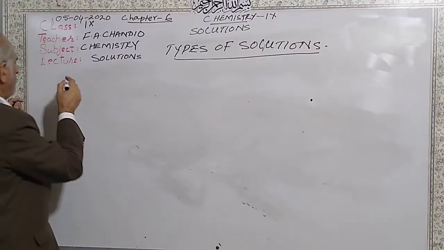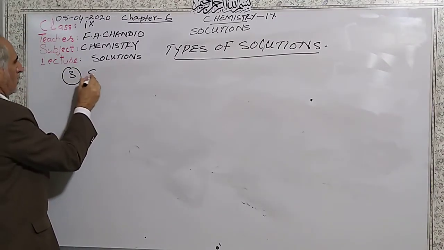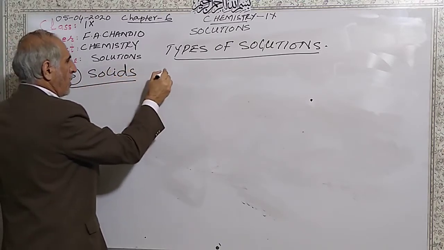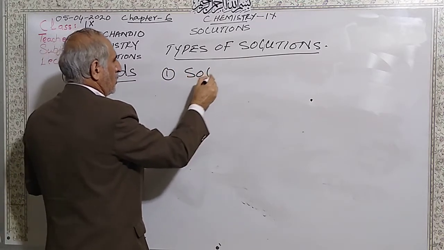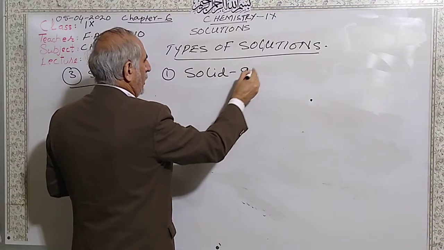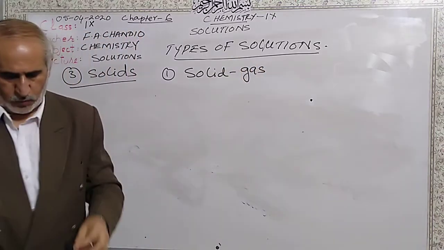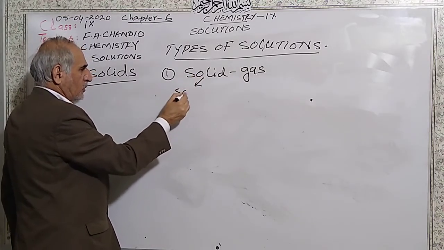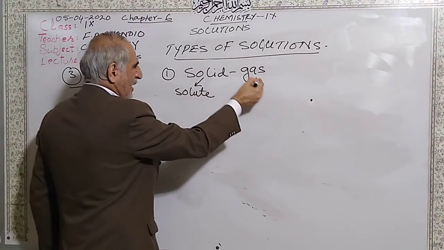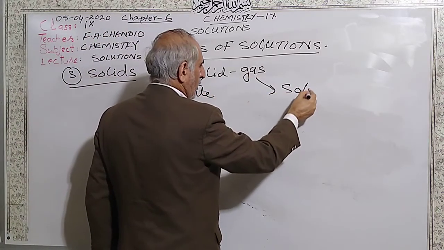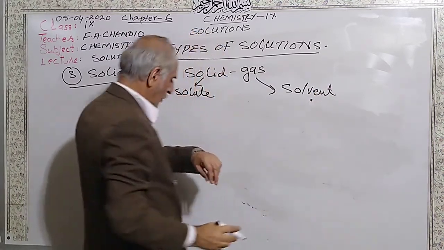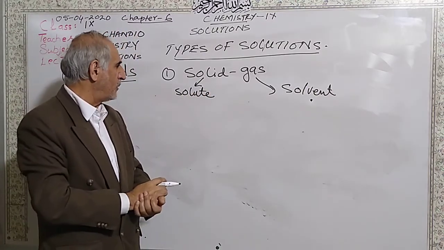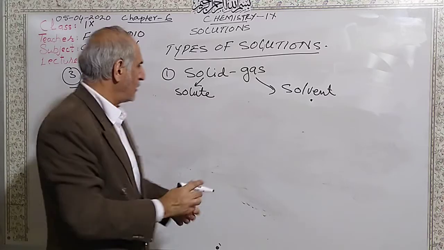Number third, solution of solids. Solid in gas. For the solution of solids, solid in gas, solid is a solute and gas is a solvent. Solute is a solid and gas is a solvent. So a very common example is